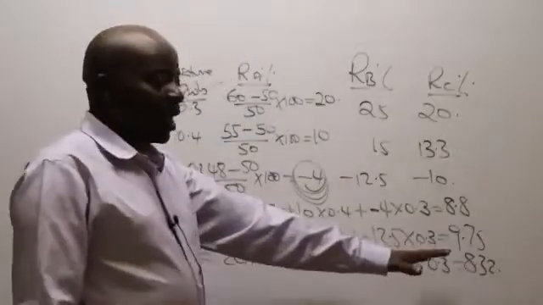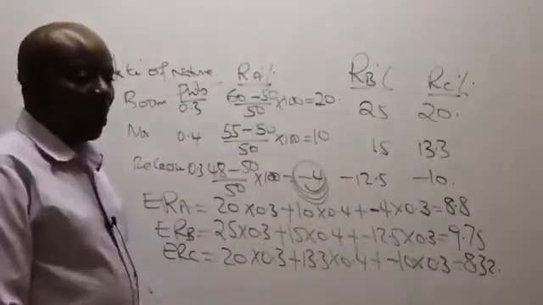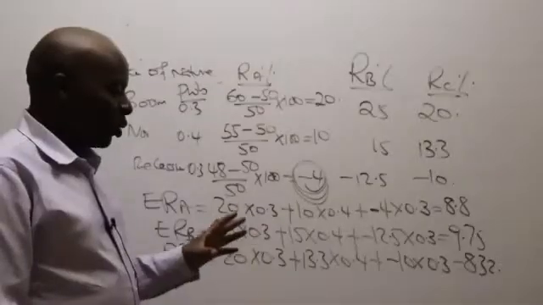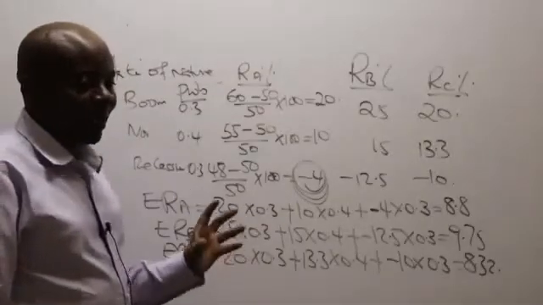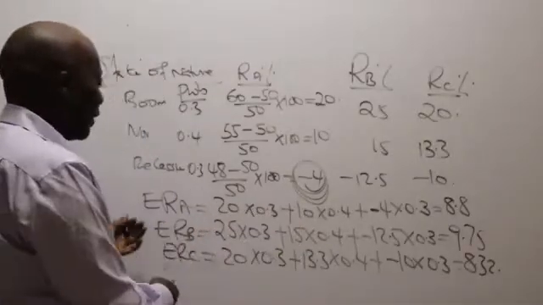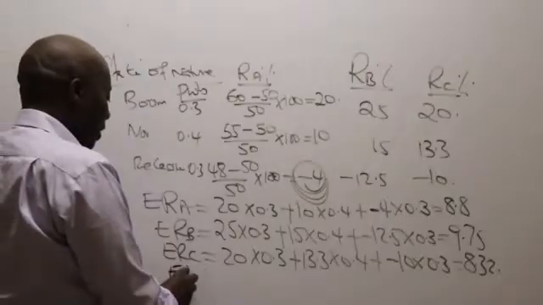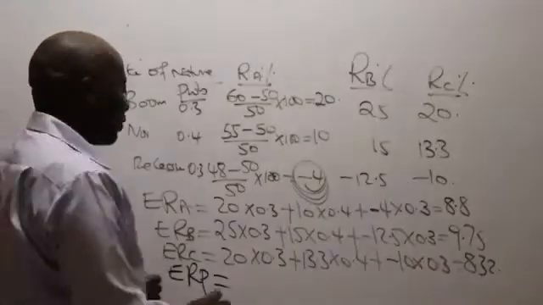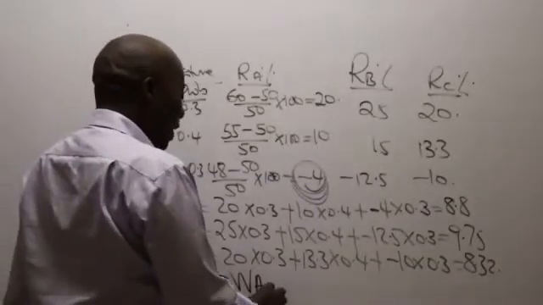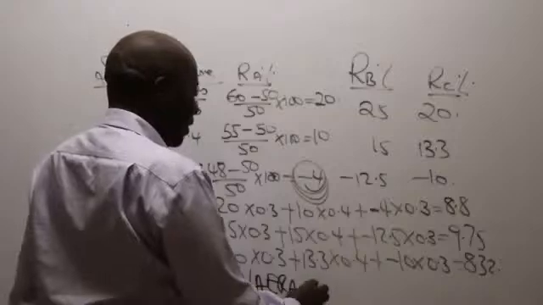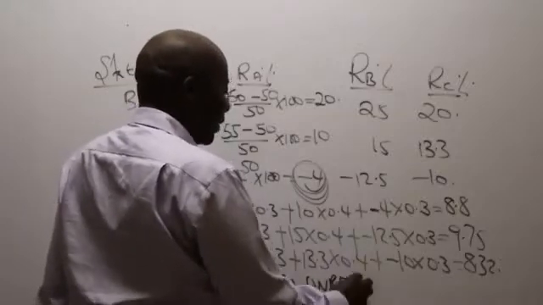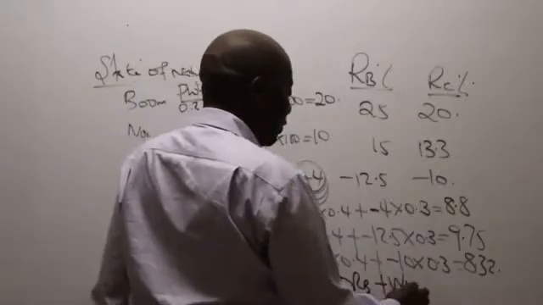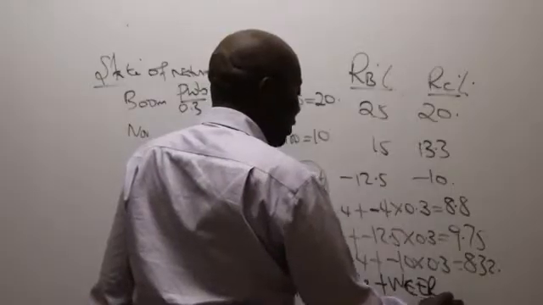So the last one we have there is 8.32. But now remember, this is not what the examiner wanted you to provide. The examiner wanted you to get the expected returns of the portfolio. So how do we get the expected returns of the portfolio? We take weight of A times expected returns of A, plus weight of B times expected returns of B, plus weight of C times expected returns of C, like that.